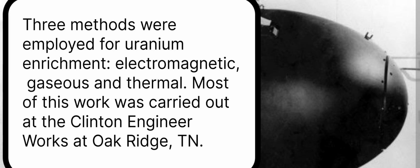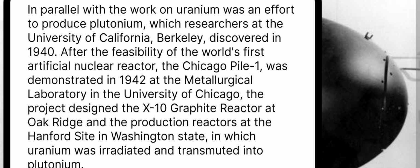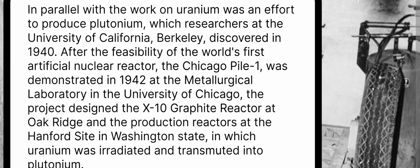Most of this work was carried out at the Clinton Engineer Works at Oak Ridge, Tennessee. In parallel with the work on uranium was an effort to produce plutonium, which researchers at the University of California, Berkeley, discovered in 1940. After the feasibility of the world's first artificial nuclear reactor, the Chicago Pile 1, was demonstrated in 1942 at the Metallurgical Laboratory in the University of Chicago,